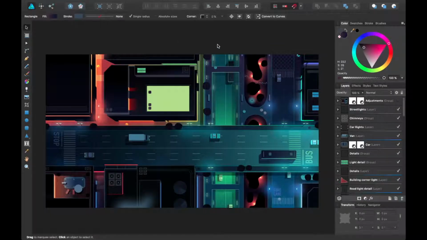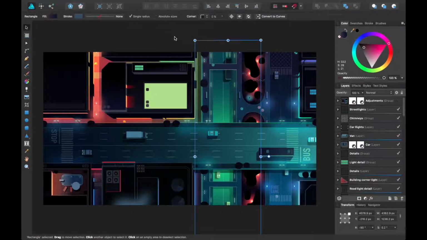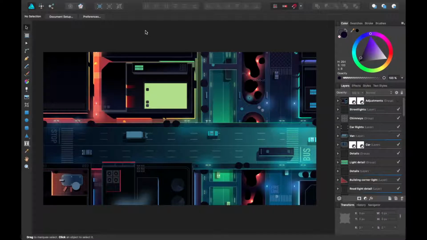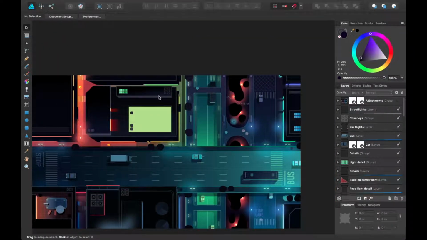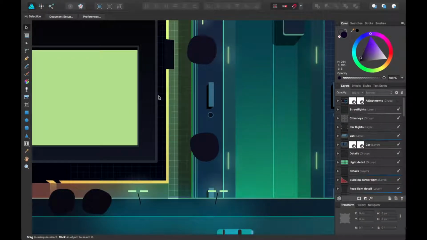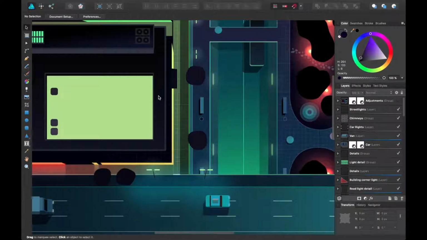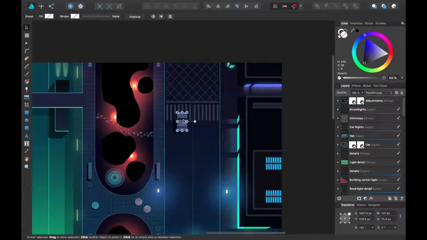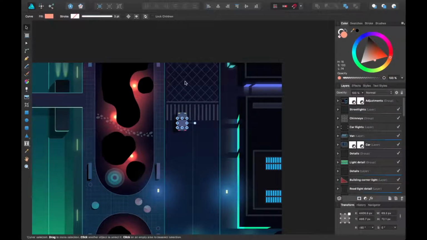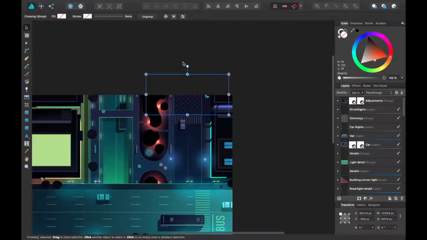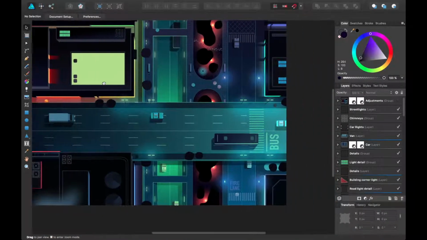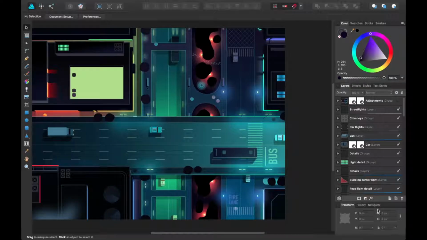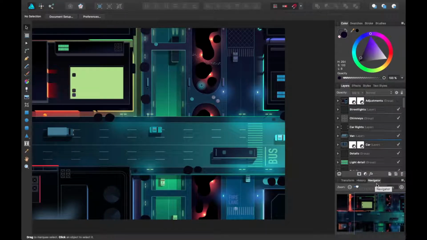So let's say you're working on a giant illustration of some sort in Affinity Designer, and you find yourself always moving about the document, and it's getting clumsy because you're always jumping in and out of different views to maybe adjust certain shapes, the illustrations, and so on and so forth. And it's just getting a little overwhelming. Well, there's a way to increase your workflow speed in such a way that utilizes the navigator pane in Affinity